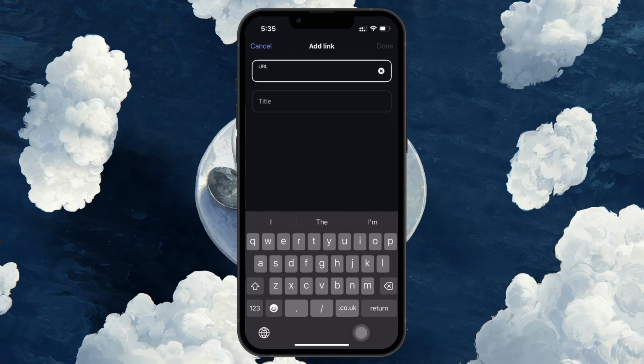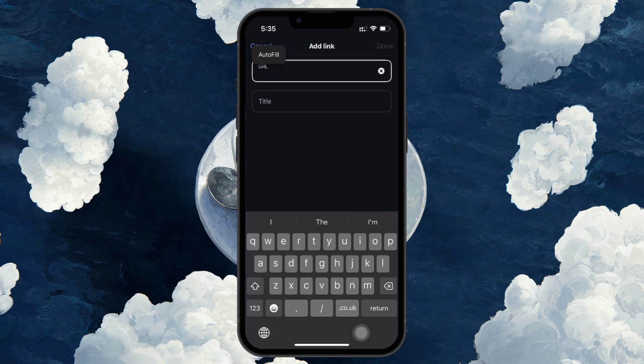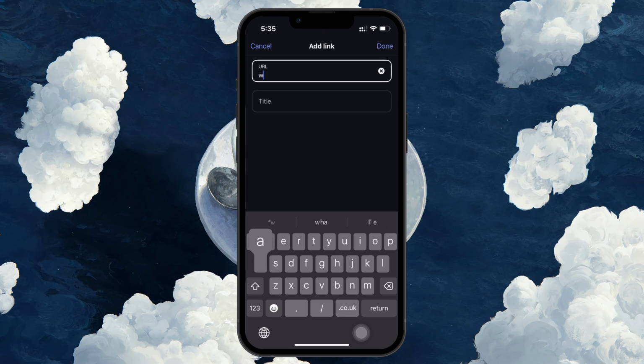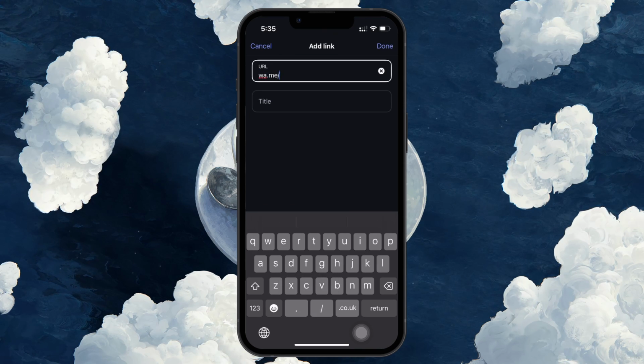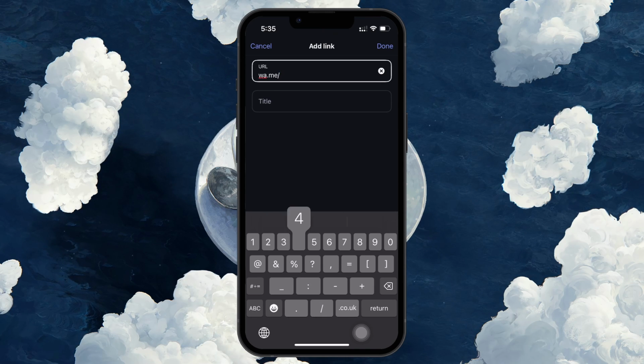Now, here's an important detail. You can't just copy and paste your WhatsApp link from the app. Instead, you have to manually type it using this format, wa.me/your-phone-number. For example, if you're in the UK, your number would start with 44, so you type